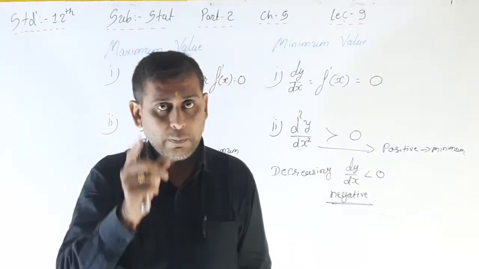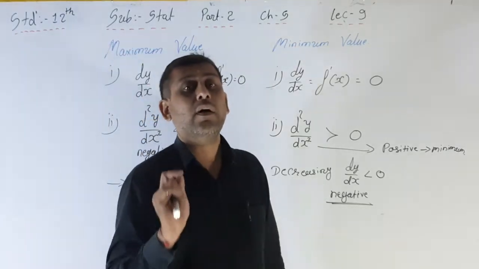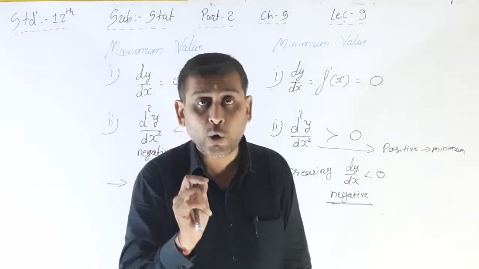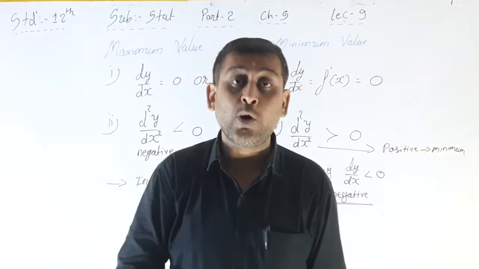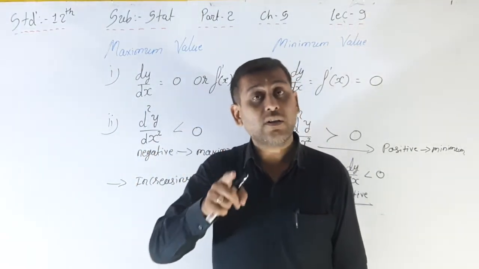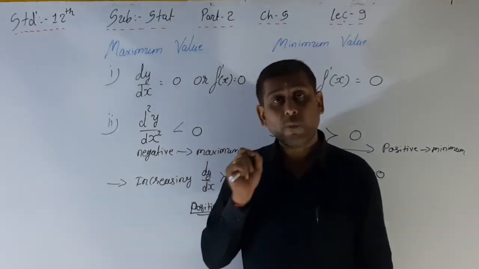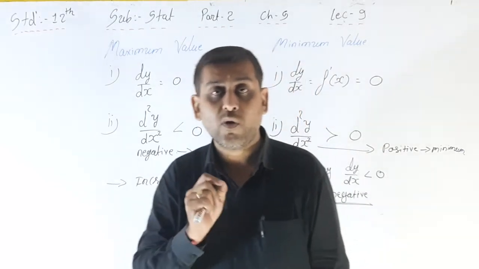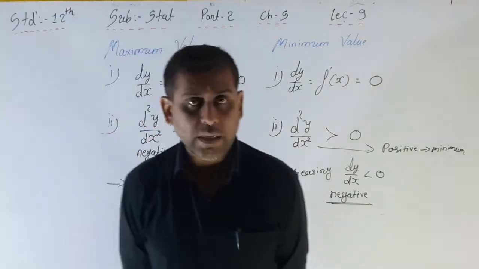Okay, so keep in mind these two rules, compulsory. First you have to find the first differentiation, put it equal to 0, then find the value of x, then put that x value in the second differentiation, the second order derivative, and whatever the answer is, if positive then it is a minimum function, if negative it is a maximum value of the function. See here, now I am reading that on page number 183.